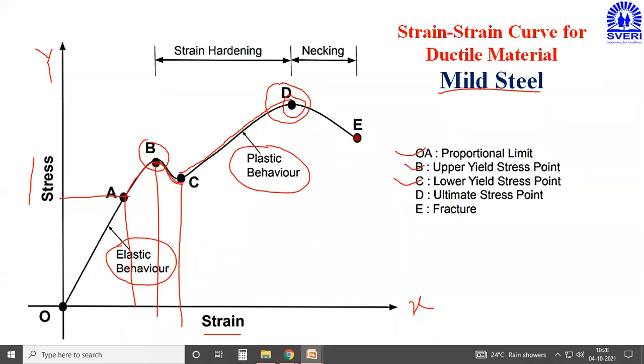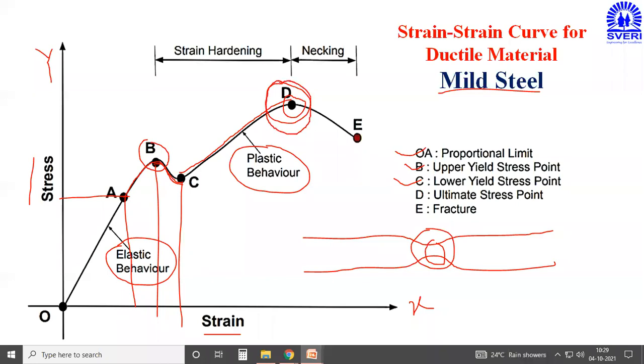What is meant by the neck formation? That means deformation is actually visible to you. I will show it here. Here, due to the increasing force, at the center portion of the body there is a decrease in dimension and neck formation is taking place. Whatever breaking takes place will take place at this particular portion, and that neck formation will be visible at point D.